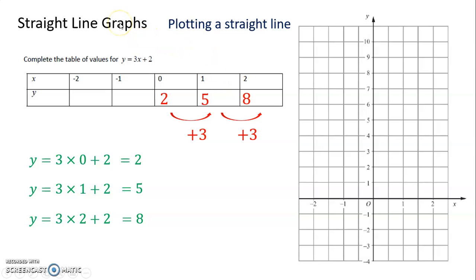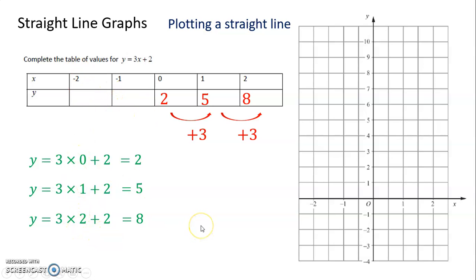We know that if we are dealing with a sequence that goes up in 3, then our sequence has the form 3n add or subtract something. So the fact that this is 3x add something, we already should know that our terms here are going to go up by 3 each time. And I can use that to help me fill in the negative values, but also I can work them out